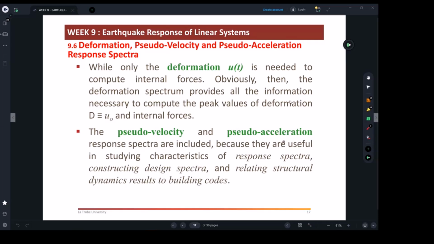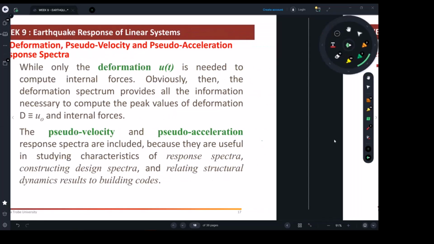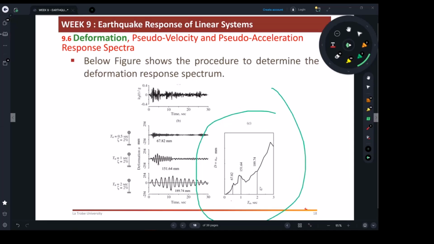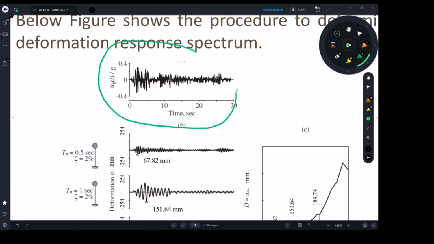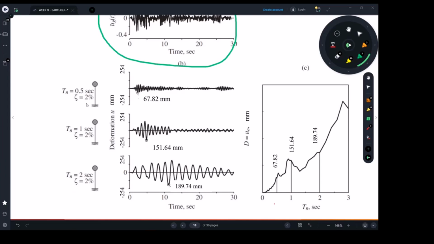Someone may ask here, why are we doing these spectra curves? Let me show you an example. This is a spectra curve. By the way, this slide will summarize all that we're talking about. This is the ground excitation we had from day 1, which is like El Centro. Then we're saying, if you've got a single degree of freedom system with 0.5 second time period and 2% damping, the maximum response should come roughly